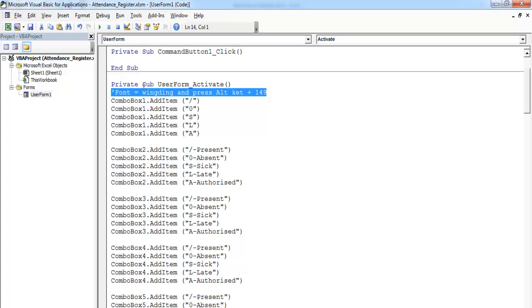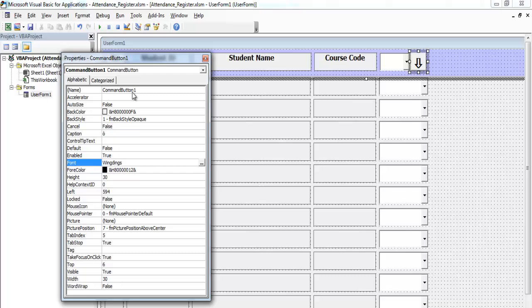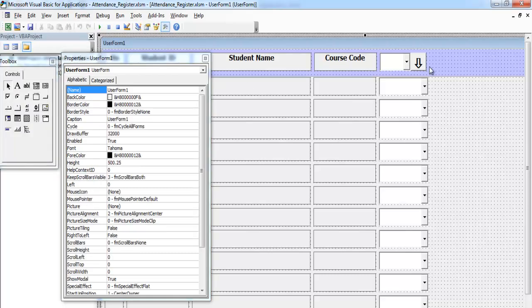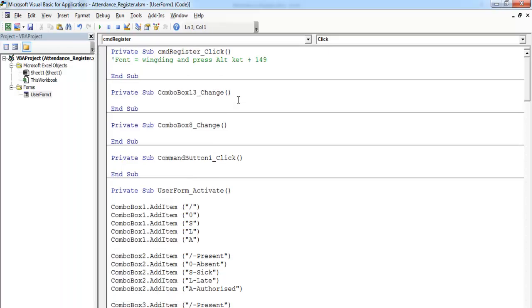So for the command button, let me cut it off and give it a name actually. It's command button 1, so let's call it CMD Register. Okay, right inside CMD Register, double click on that and just paste this there. So that's how I've got the font. Right, so let's move on. So right inside command button register, which is this one,